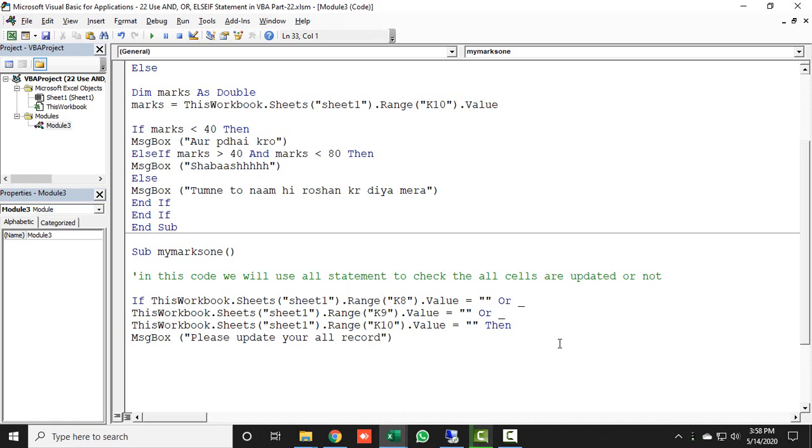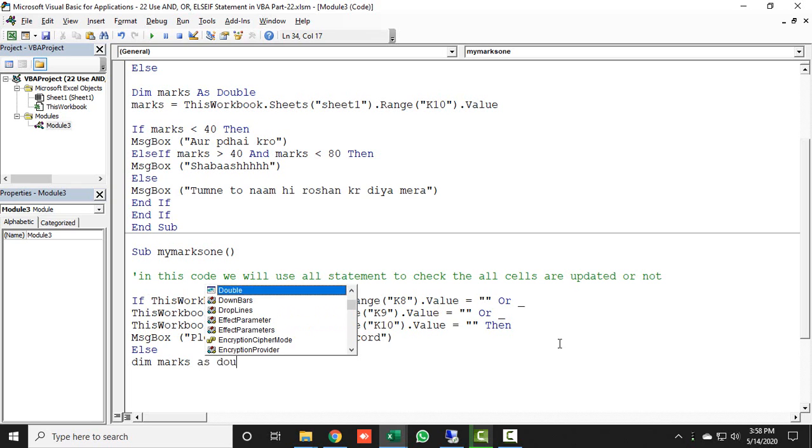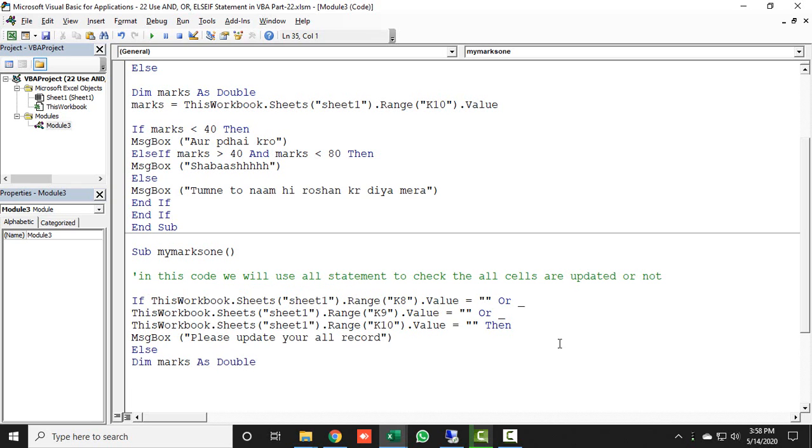Alright, now in the else condition, here I will take a Dim, which name is, let's say, I'm taking marks, as this one would be double. You can also take any one, long or integer, any of the one. Alright, and now let's declare the marks variable.